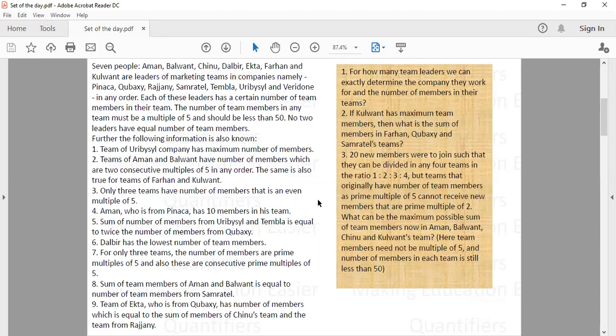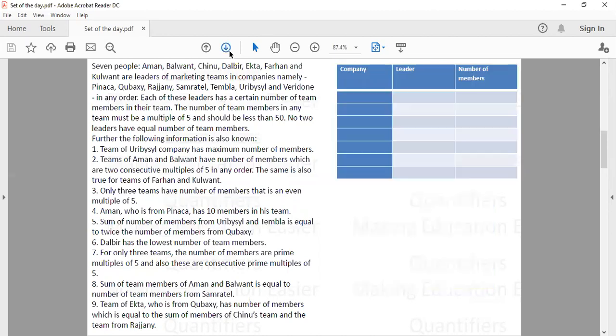Here in one column you will write down the name of the people, the name of the companies, and the number of members in the team of every person, right? So let us try to construct the table and fill the information one by one. First of all, it says the team members in any team are multiples of 5 and less than 50. So that means there are 9 multiples of 5: 5, 10, 15,